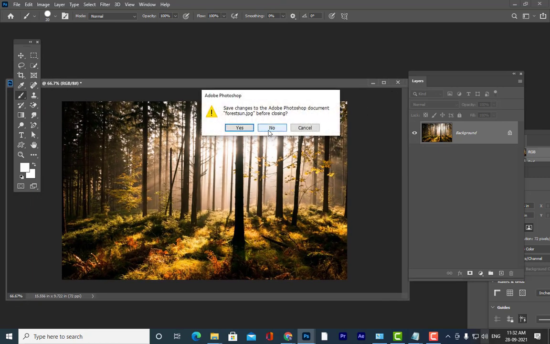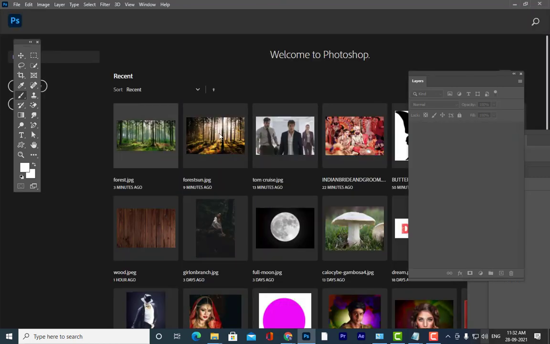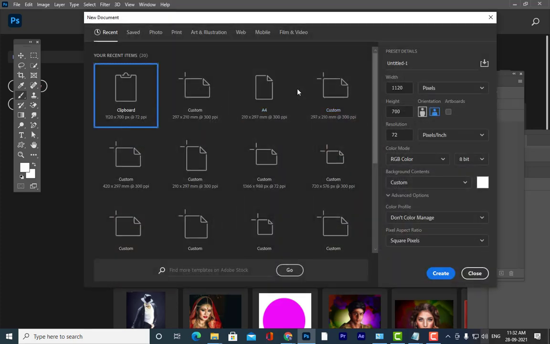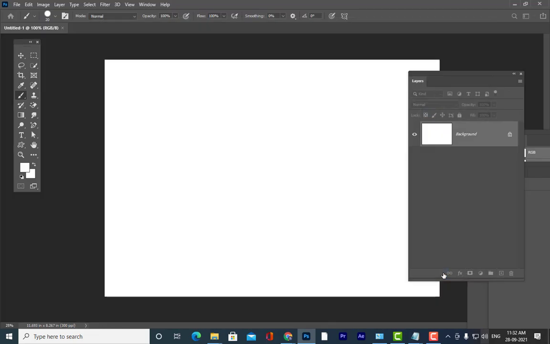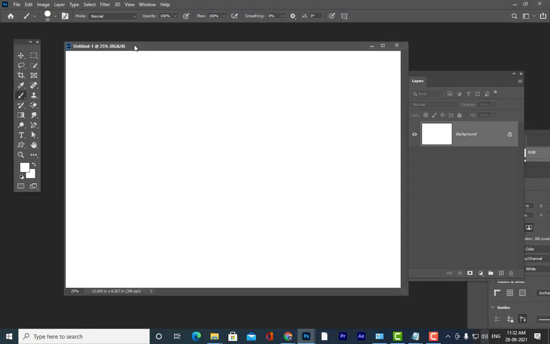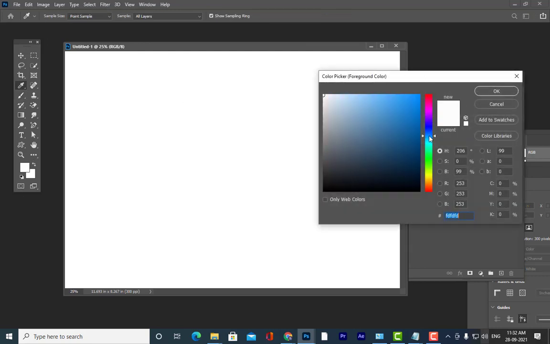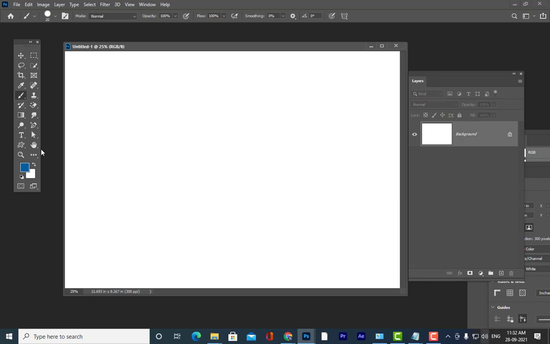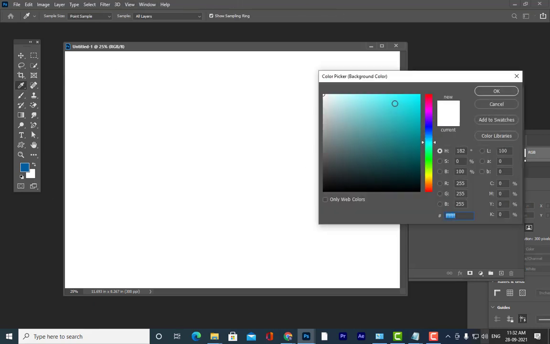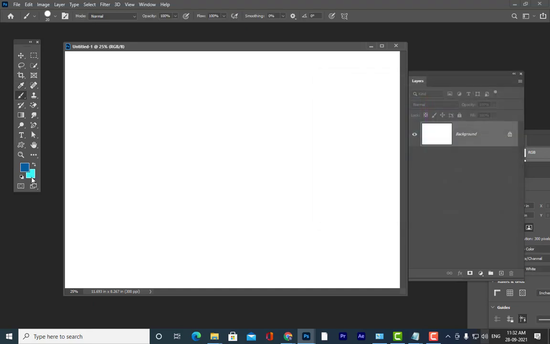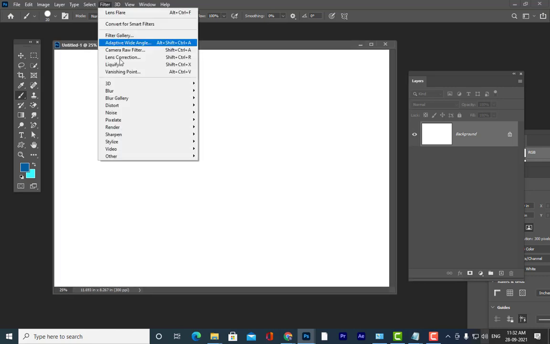Then what you can do is here. So I will also tell you one thing called texture actually. So see here, let me actually take a bluish color here. Okay, and this time I am going to use a light blue color. Okay, see here, dark blue and light blue. I have taken a dark blue and light blue, and then I will go to the filter.